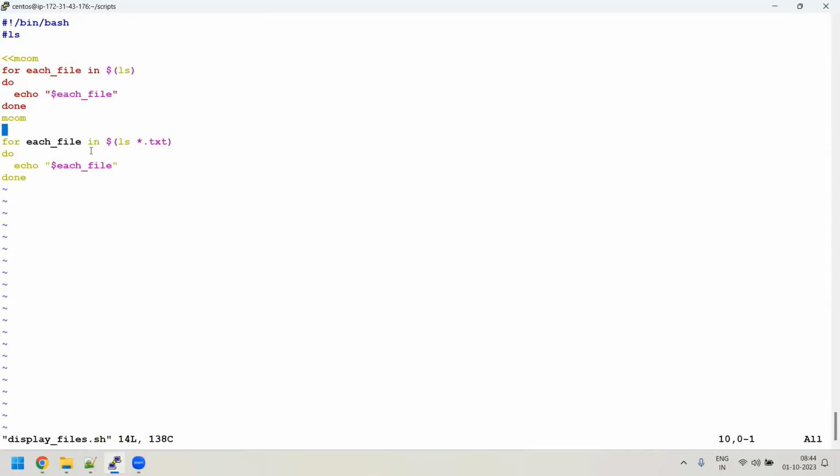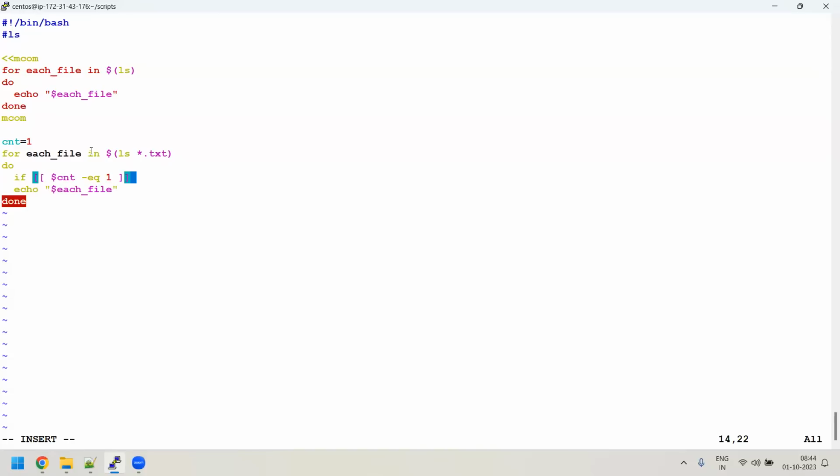So, okay, let me do one thing. Let me have one variable, something like counter. Counter is equal to 1. Okay. Get inside the for loop. Now, in a simple way, what we can do, if condition, open the double bracket. Then you will say that $counter, if it is equal to 1, then what you do, then you display this file, the first file,